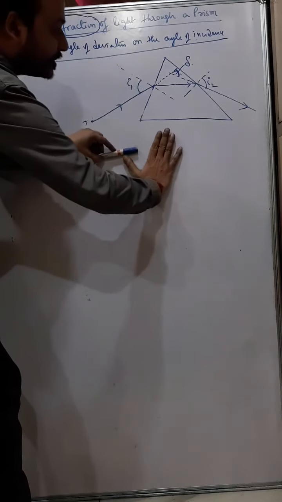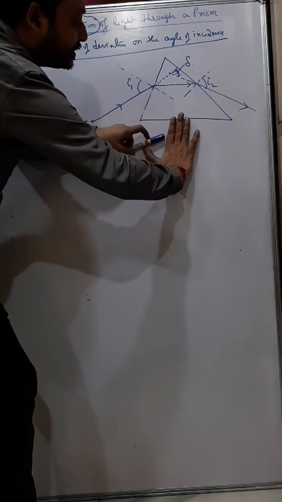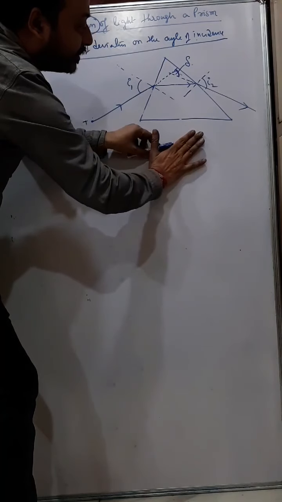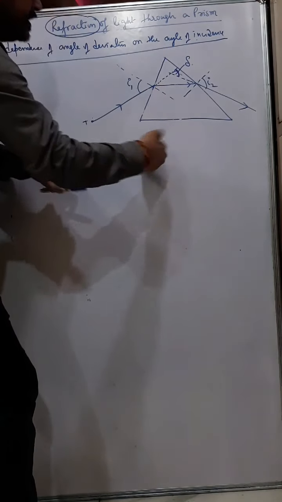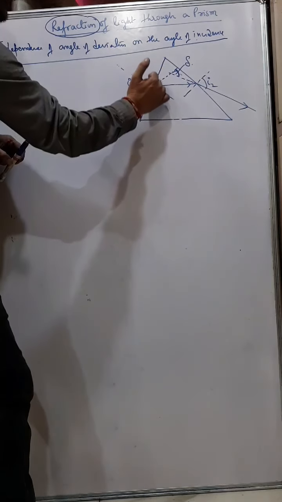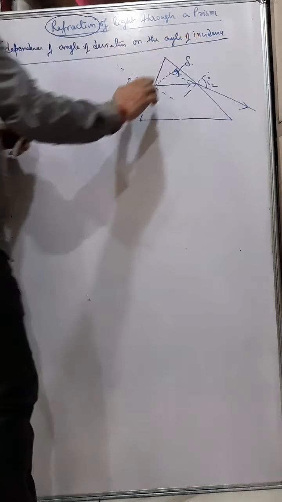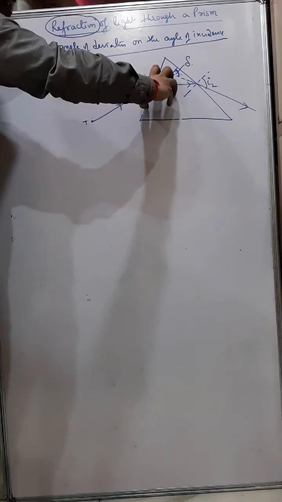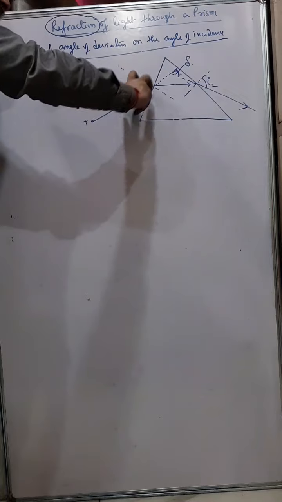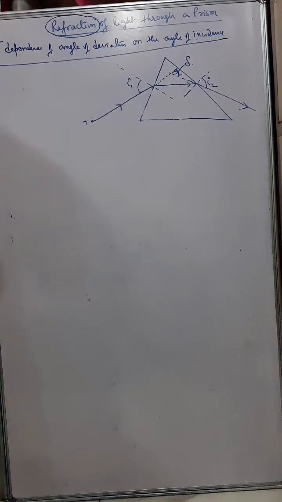Try to understand from this figure. Okay, now this pen is the incident ray, and this is the prism. Now if I rotate the prism, the normal shifts and this angle increases. So if I just rotate the prism a little bit, then the normal shifts. Now this becomes the angle of incidence. So the angle of incidence increases. So what we'll do, we'll slightly increase the angle of incidence, we'll see the angle of deviation decreases. We'll again slightly increase the angle of incidence, we'll see the angle of deviation decreases.